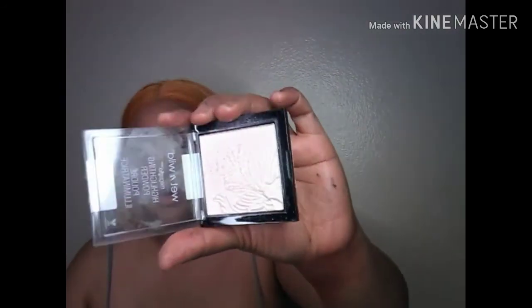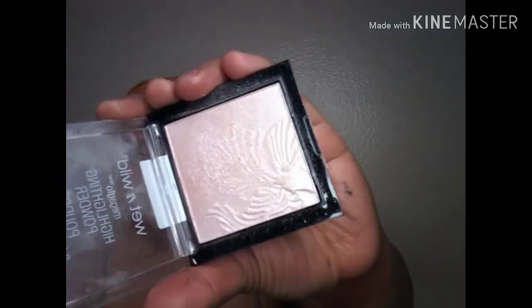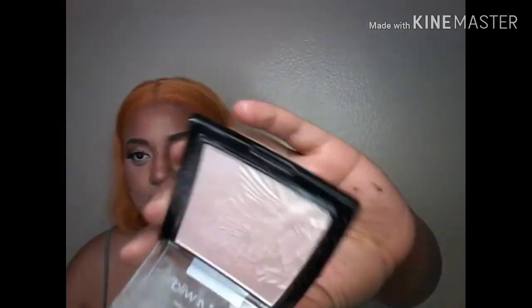So I'm gonna take just a regular fan brush. This is called Blossom Glow by Wet n Wild. So this is what that is, it's like a pearlescent chrome white with pink and purple in it. Yeah, I'm just gonna go in here and just